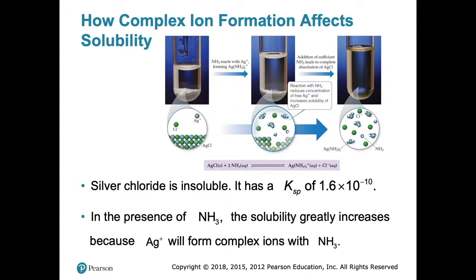But then you add in some ammonia, and the ammonia likes to surround the silver. That's the little white balls right there, surrounding the silver, and that makes it way more soluble. Eventually you get enough of it in there, and you get silver ammoniate or something like that. I have no idea what it would be called. It doesn't say the name, but it's basically silver with the ammonia as a complex, and so it becomes a lot more soluble.